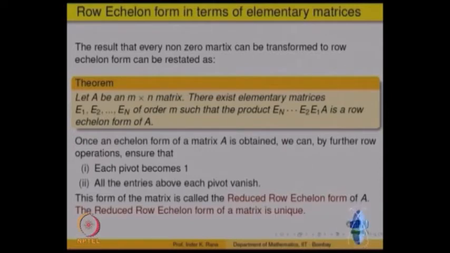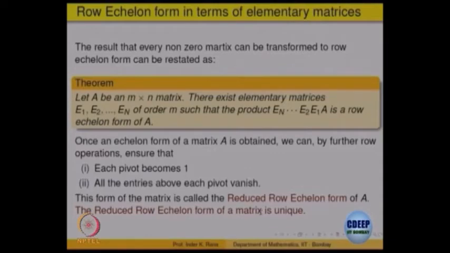So, that means what? Every matrix by elementary row operations can be reduced to row echelon form, as well as changed to reduced row echelon form, where the pivots are 1 and every other entry in that pivot column is equal to 0. We will see the advantage of this form of the matrix. One advantage is, we said that the row echelon form of a matrix need not be unique, right. It only says where the pivots are coming and in what order. The columns are in increasing order. Does not say anything more than that.